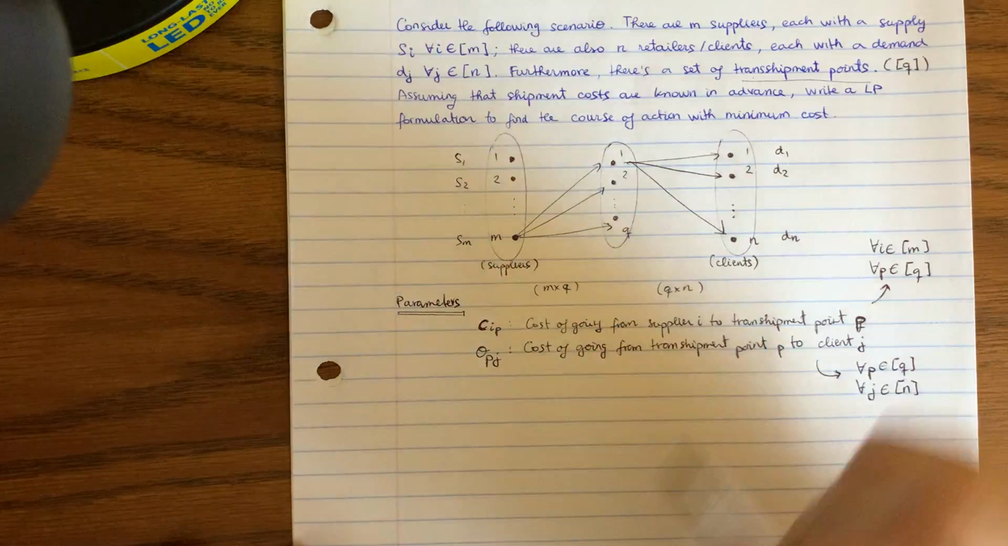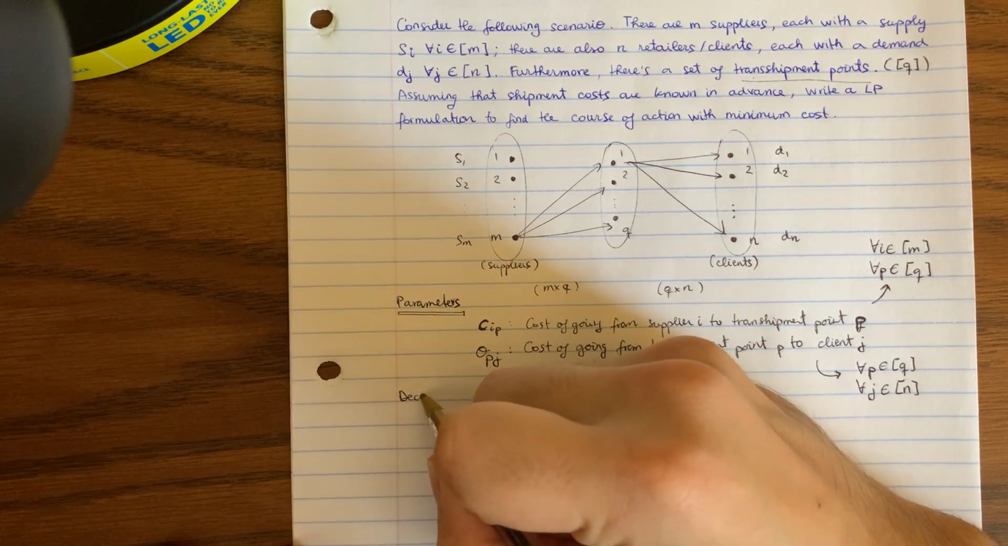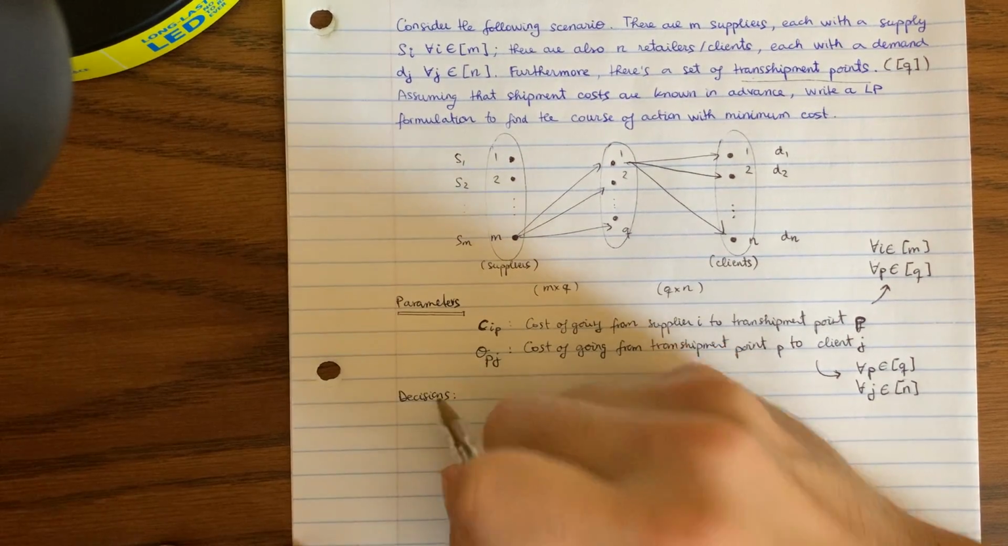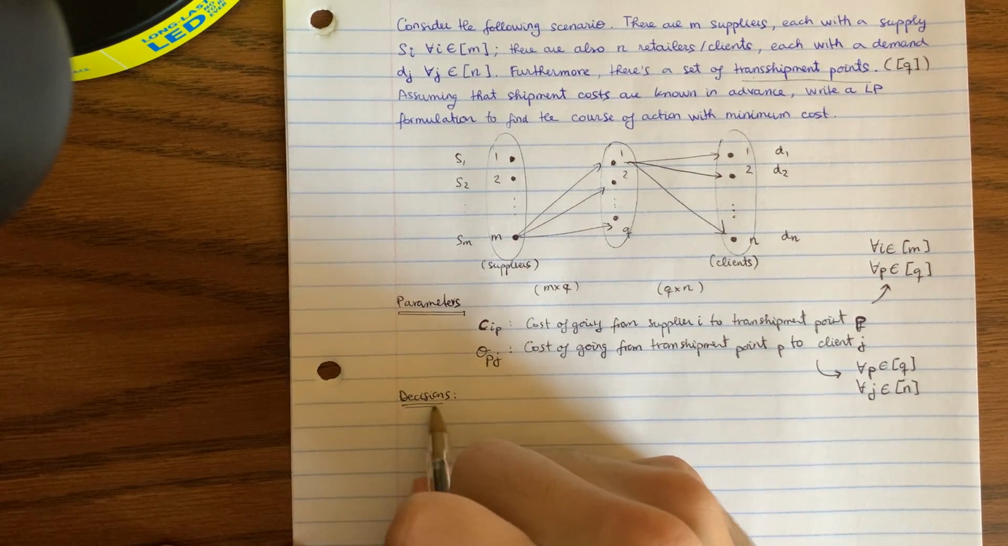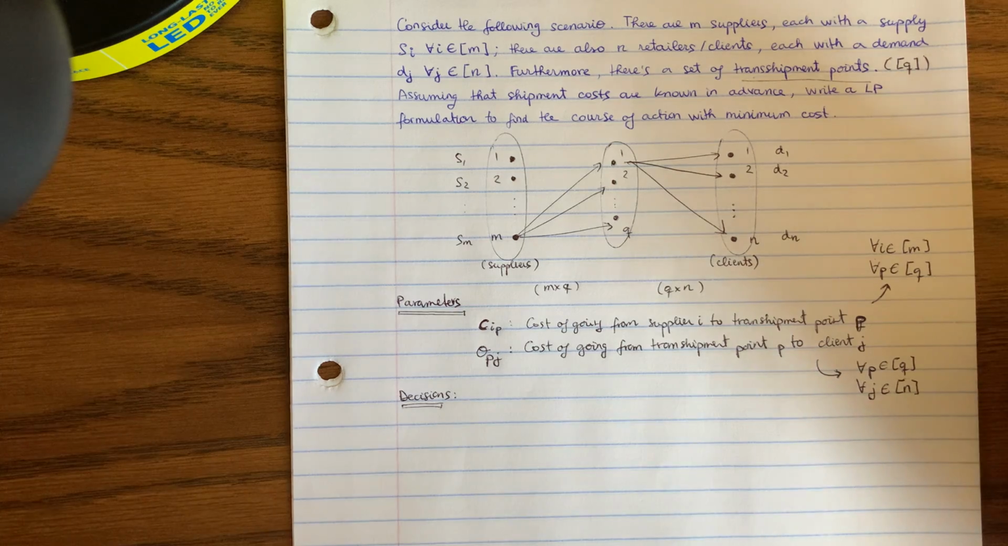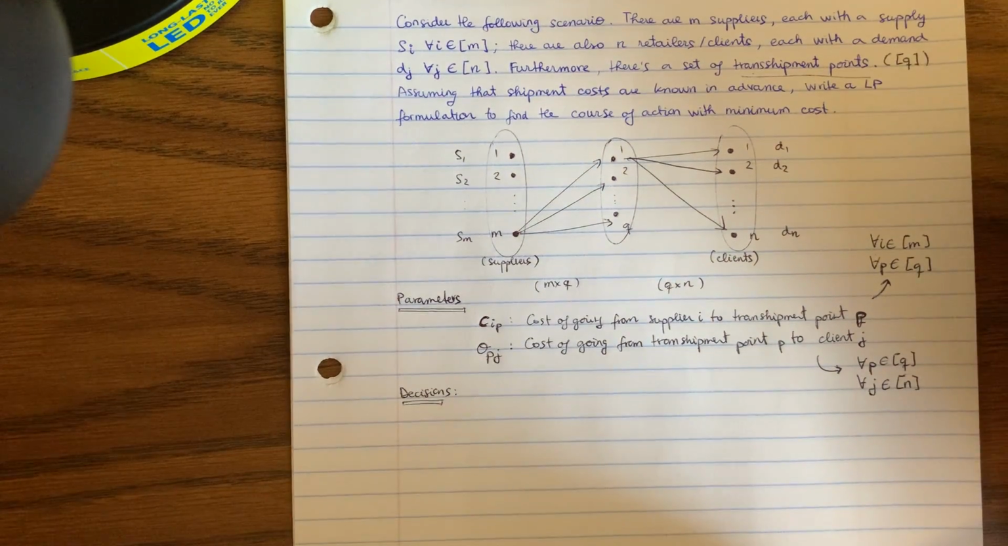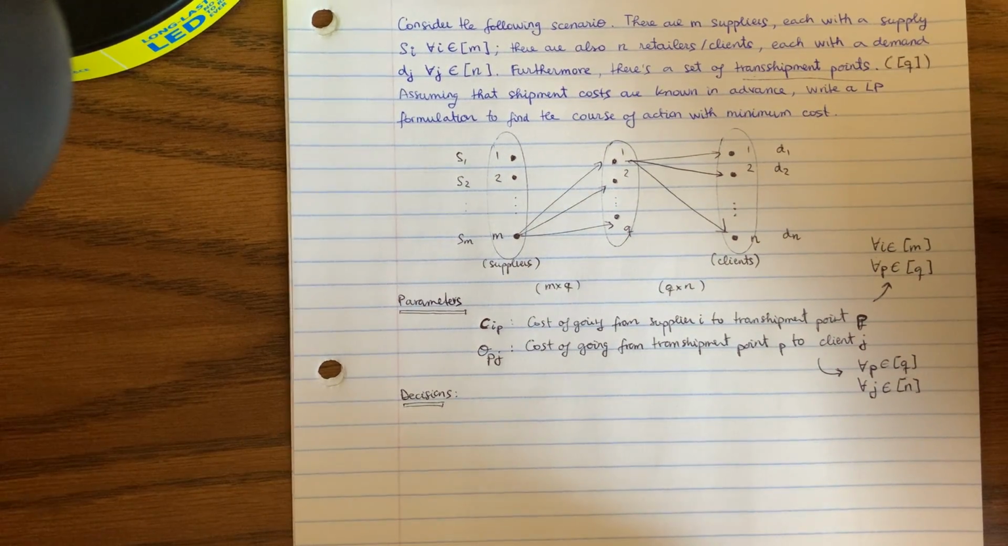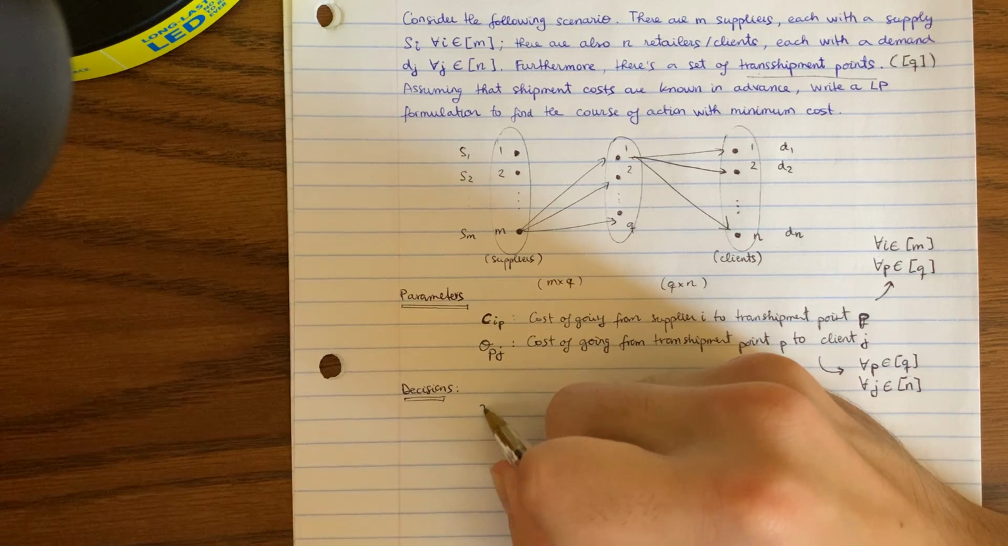Once we have the parameters, the next thing is the decisions. And in this case, the decision variables are almost exactly the same as in the transportation problem. The only difference is, once again, that we have to separate them into halves, just because it'll be necessary when we're writing our objective function. In this case, I would do x_ip